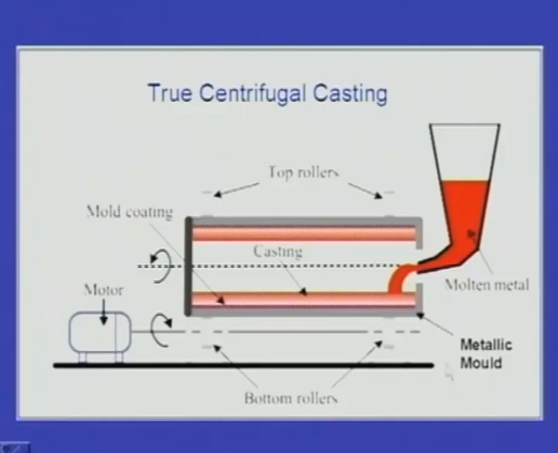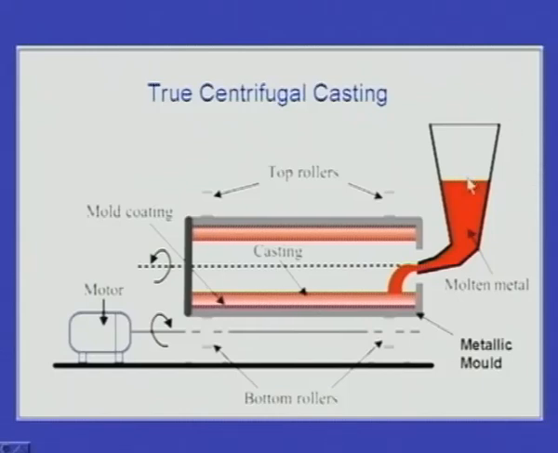Here we can see the metallic mold. Here we can see the dark one, that is the metallic mold, and this metallic mold will be rotating. This is driven by a motor, and here we can see bottom rollers, one bottom roller here and one bottom roller here, and there are also top rollers, one top roller here and one top roller here. So this will be rotating at a predetermined speed, and we pour the molten metal here through